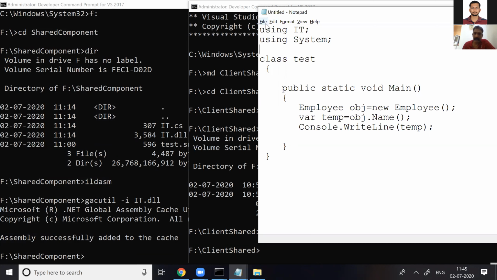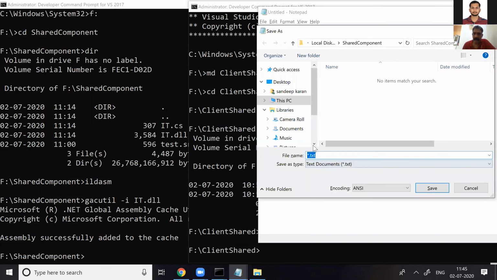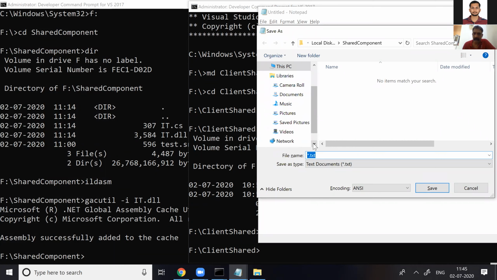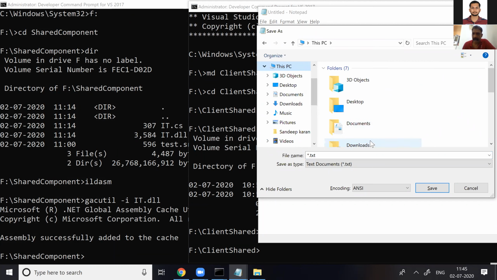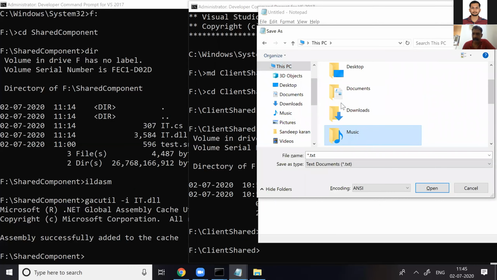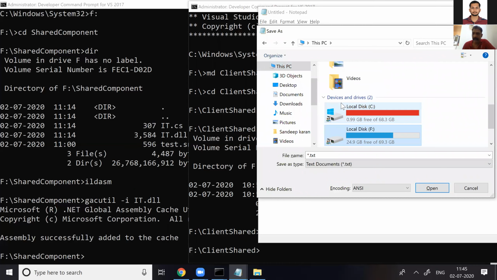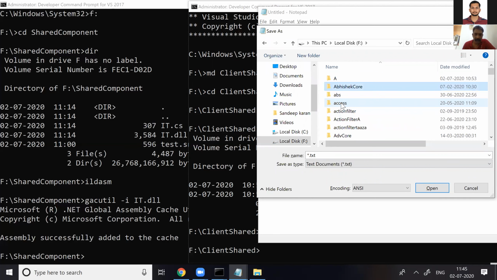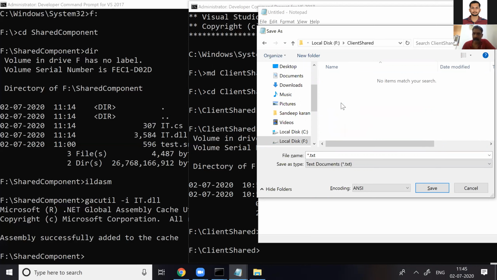So file, save as, moving to the F drive, client shared folder, and saving the file with the name clientapp.cs. Saved. Done.